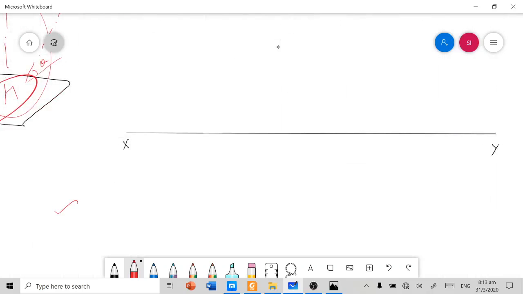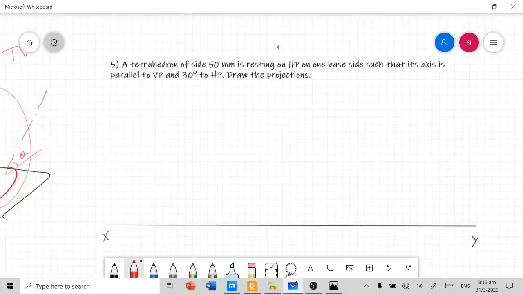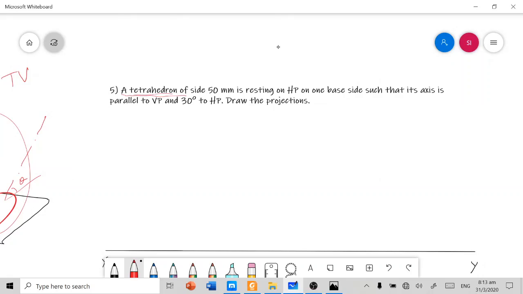And one more point you have to note. The base view, or the base shape, of the tetrahedron is an equilateral triangle. And the side faces of a tetrahedron are also the same equilateral triangle. Just like in the case of a cube, where the base shape is a square and the side face is also a square, in the tetrahedron the base shape is an equilateral triangle and the side face is also the same equilateral triangle.